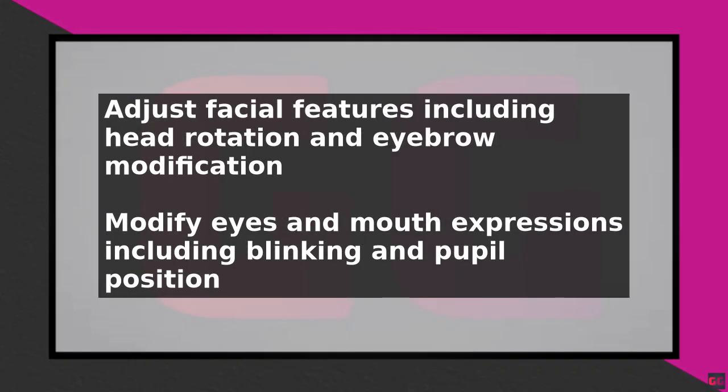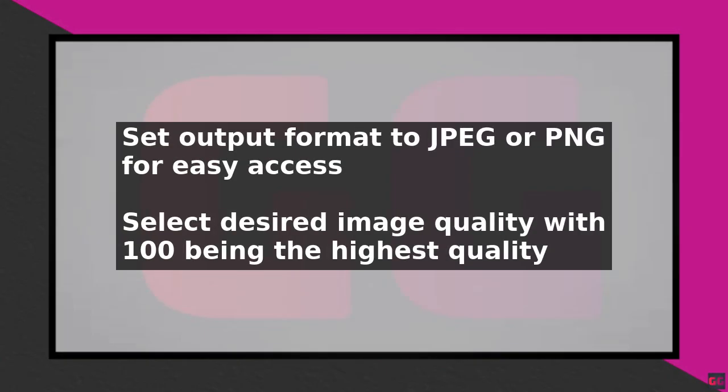Options include making the subject blink or wink, adjusting pupil position, and altering the shape and size of the mouth. Additional settings permit you to change the sample ratio, crop factor, and output format. Before generating the final image, ensure the output format is set to JPEG or PNG for easy access on any